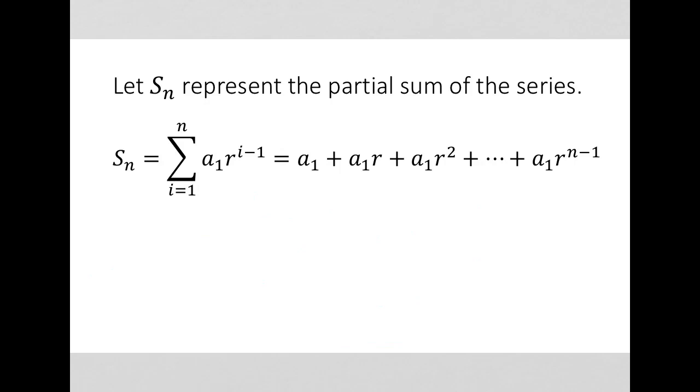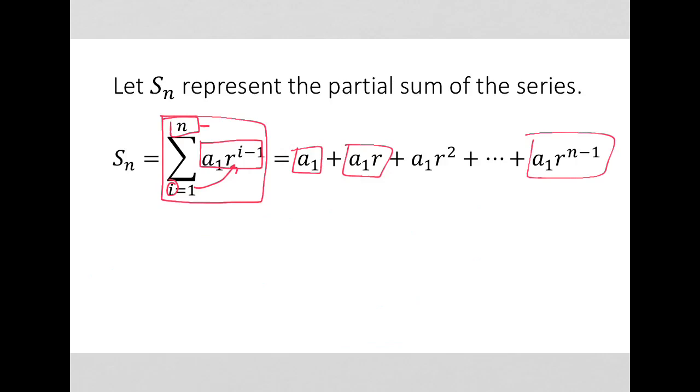Let's start with this notation here. Notice we have a sigma notation. Notice that this is just the explicit formula of a geometric sequence. I'm using i's here instead of n's because we want to go up to the nth term. But think about what would happen. If I plugged 1 in for i, I'd get my first term. If I plugged 2 in, I'd get my second term. If I plugged 3 in, I'd get my third term. If I plugged n in, I'd get my nth term, which should be in the form of r to the n minus 1. So this works, and what we're saying is this is equal to S sub n,